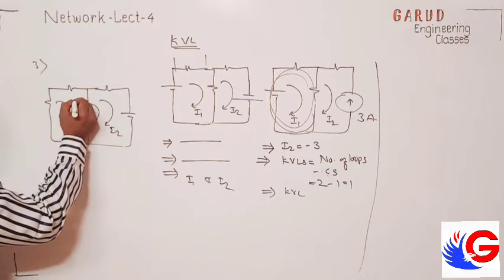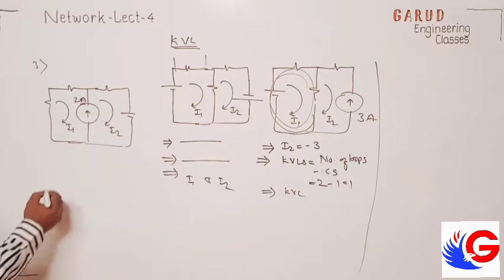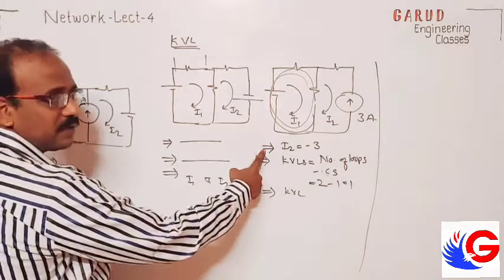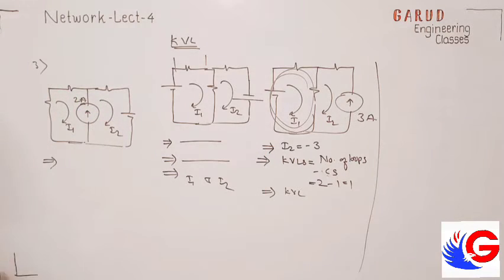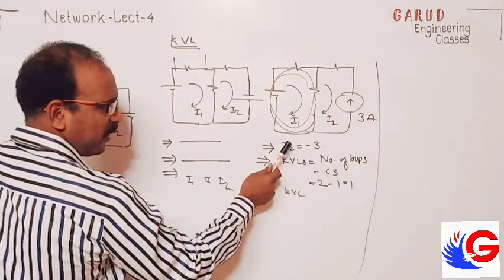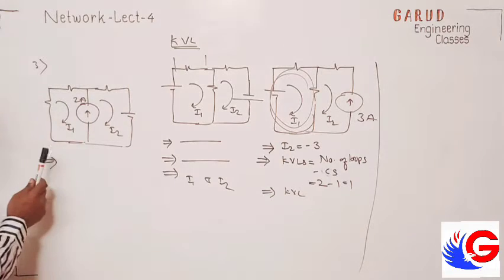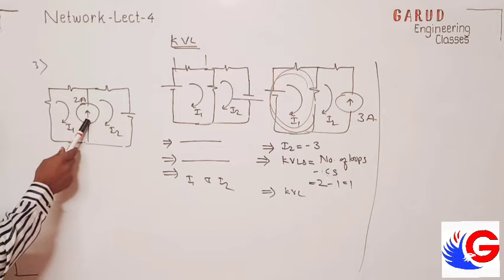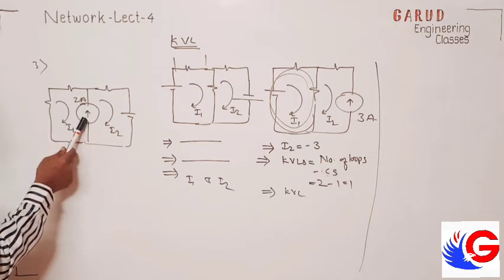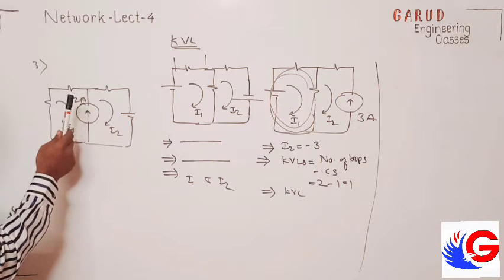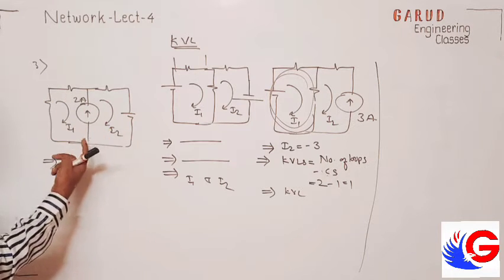Okay. Suppose this is 2 ampere. So first thing, similar to this. This particular is called super mesh concept. Correct? What is this? Simply, rule number 1, express current source in terms of loop current. Here also, express current source in terms of loop current, but this is sharing. So it will share two current.